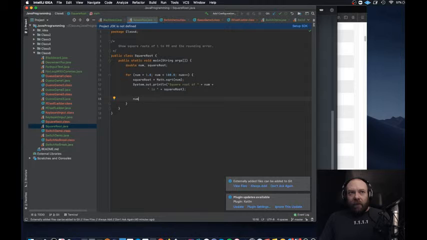So if I take the original number and I subtract the result of square root times square root, this here reverses the square root process from Math.sqrt, right? And it should give me num, but it won't because there's rounding error. So I want to know what the rounding error is. So